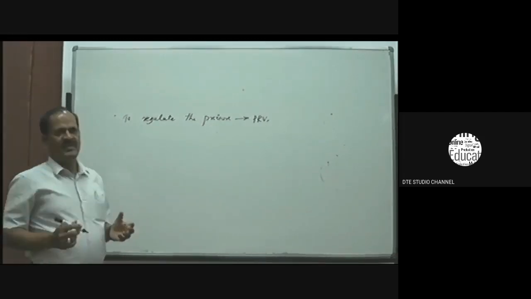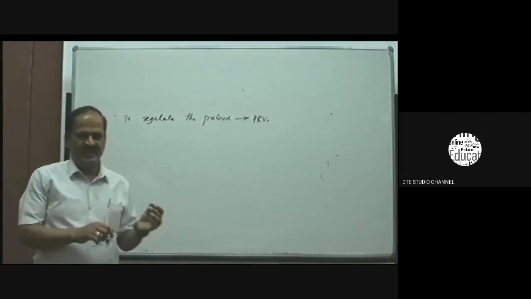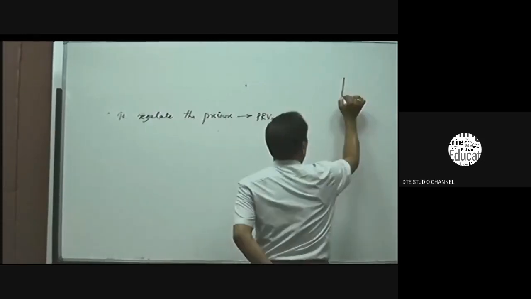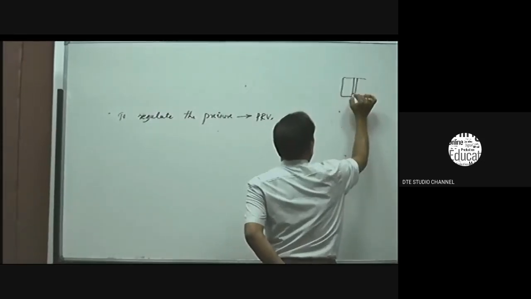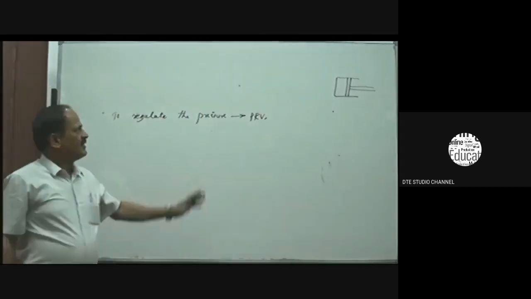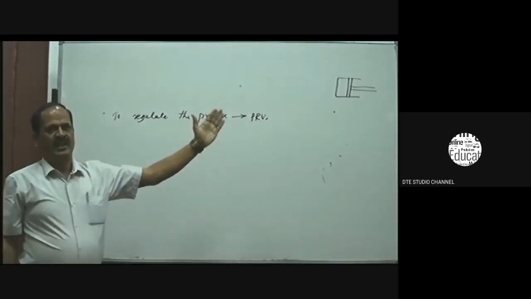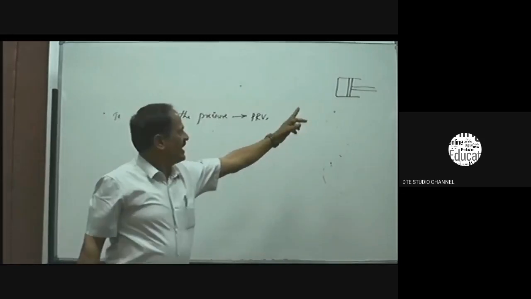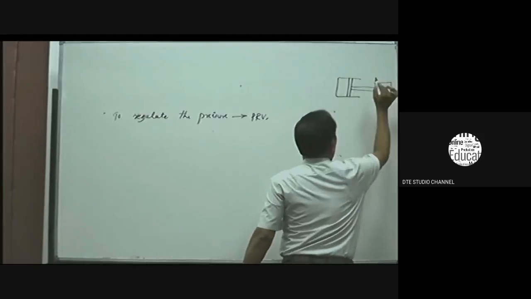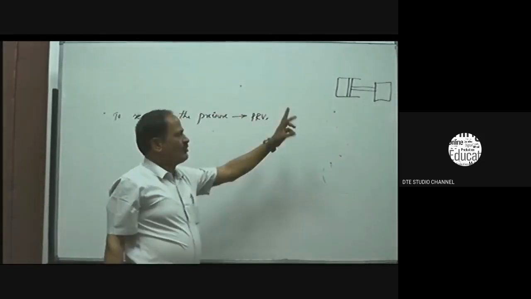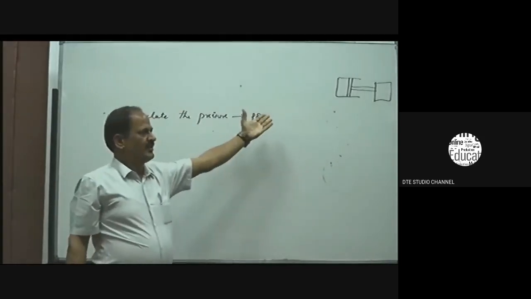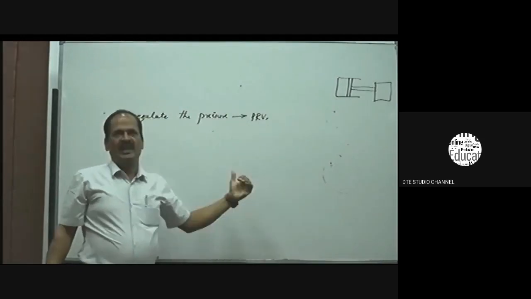What is the necessity of controlling or regulating the pressure in the hydraulic system? We know that the final element of a hydraulic system is the actuator, and to the actuator the load is connected. Load is connected to the end of the piston rod in the actuator. To move the load, some pressure is required for the movement of the piston. Whenever load is high, high pressure is required, and if load is less, less pressure is required.